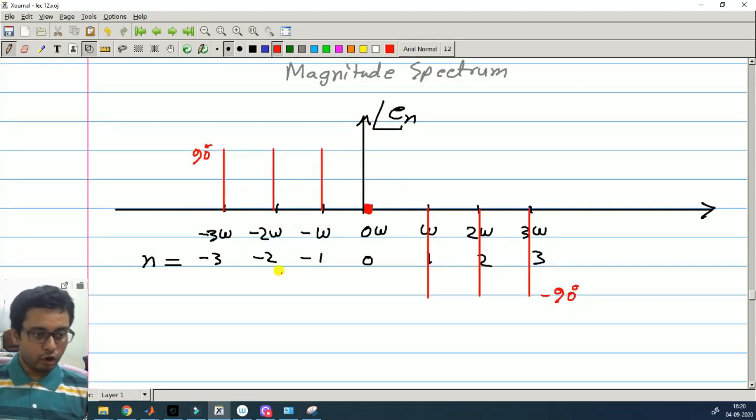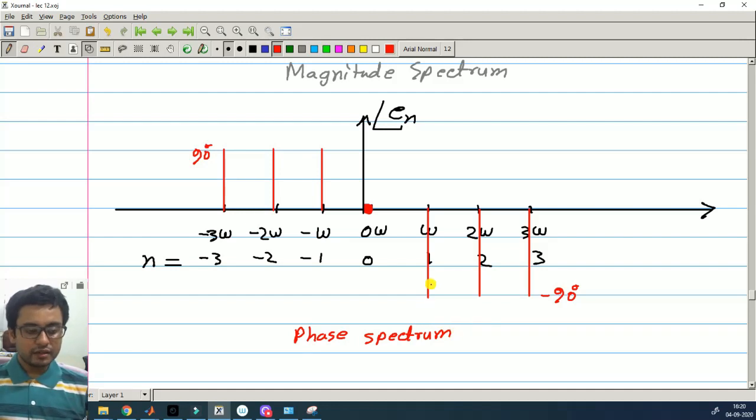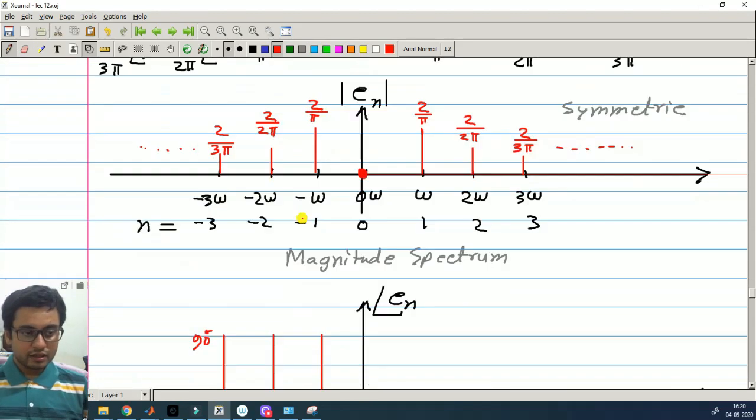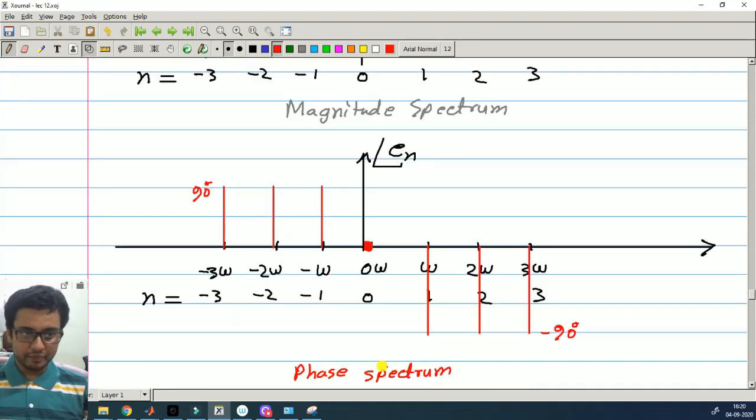This is called a phase spectrum. By phase we mean the angle of these coefficients, that is called phase. That's why we call it phase spectrum. Note that this graph is antisymmetric or odd in nature. So you can call this an odd function,